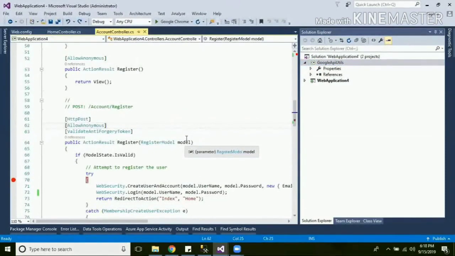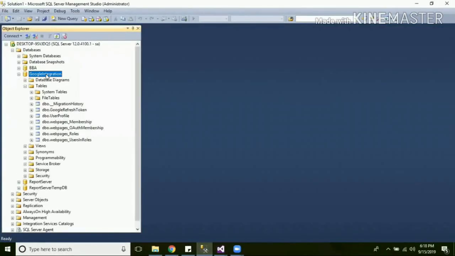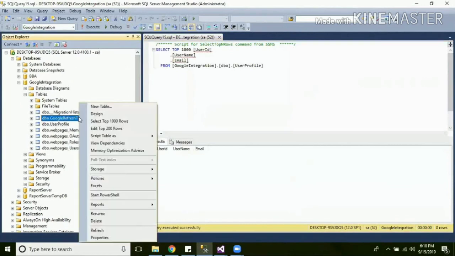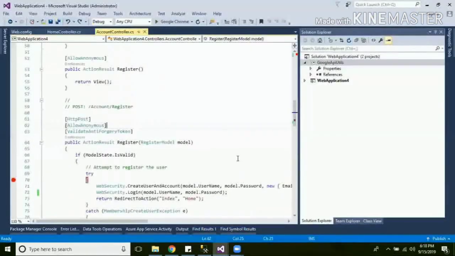So for the purpose of this implementation, I already have created a database which is comprised of a few tables, and it has a user profile table, and it also has a Google refresh token to store the token which we will receive from Google. Okay, so we will jump back to Visual Studio, and we will add a new folder,